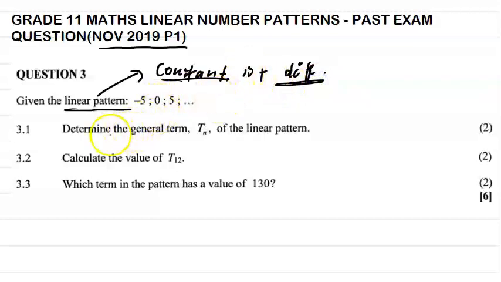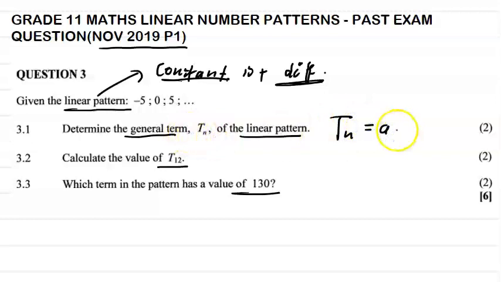So let's read on. It says determine the general term of a linear number pattern, calculate the value of T12, which term in the pattern has a value of 130. When they talk about the general term of a linear pattern, in grade 11 you should be able to use the following formula. Tn equals A plus n minus 1 times D,